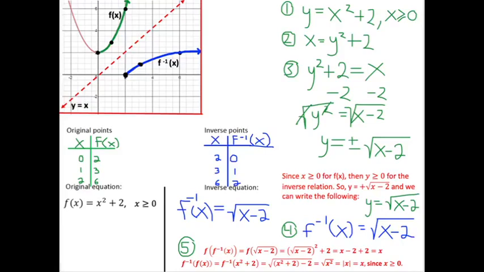All right, so here is the same problem, but this time I've restricted the domain. So if you notice, f of x is equal to x squared plus 2, where x is greater than or equal to 0. So if I go through and actually do the algebra, step 1, we're still going along with the steps from the first slide,